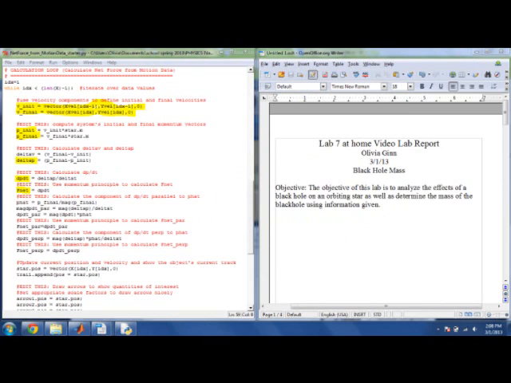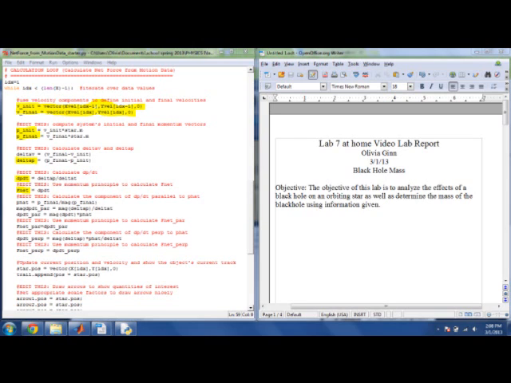So, the first thing I had to do was to set up some computations that would give me the mass of the black hole that the star was orbiting. I used the equation for the force of gravity between two objects, and I am measuring the force of the black hole on the star. I set the black hole's position to be at the origin, so the position of the star is a position vector that will be used to compute velocity and momentum, and that will also be used in the force of